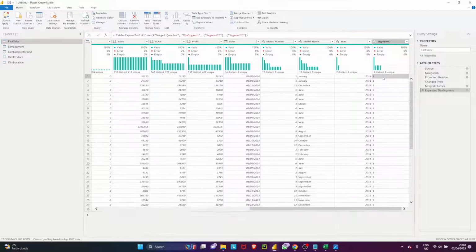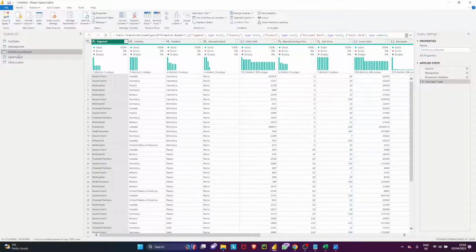All right, so it is now easy for me to bind this fact table back to the segment table, the dim segment, right? So that's the process. So I'm going to then repeat the process within the dim discount band. So I'm going to choose the columns,